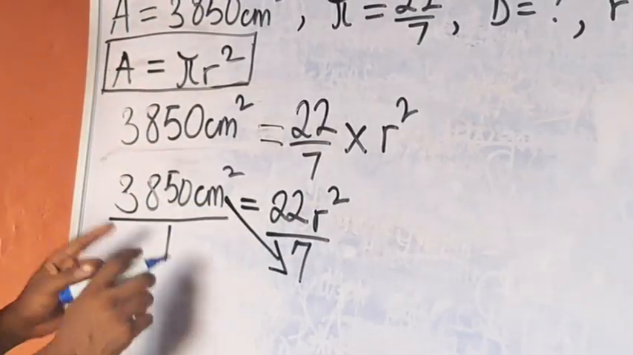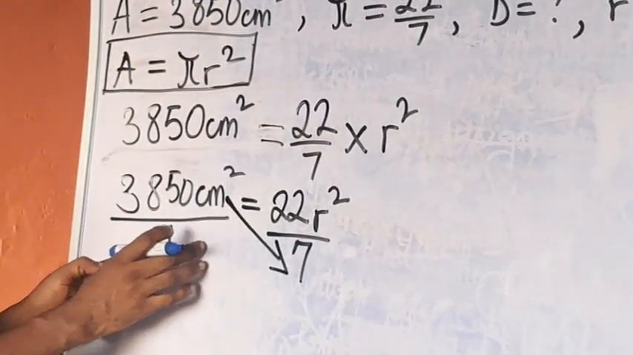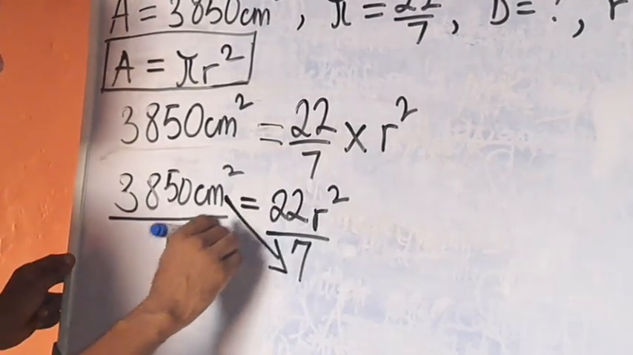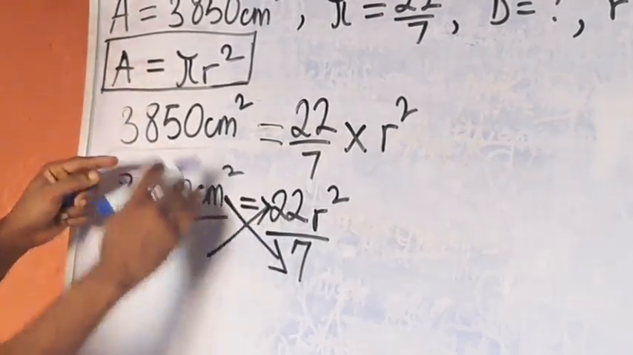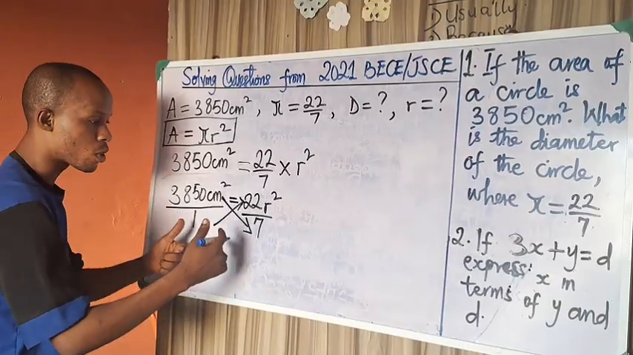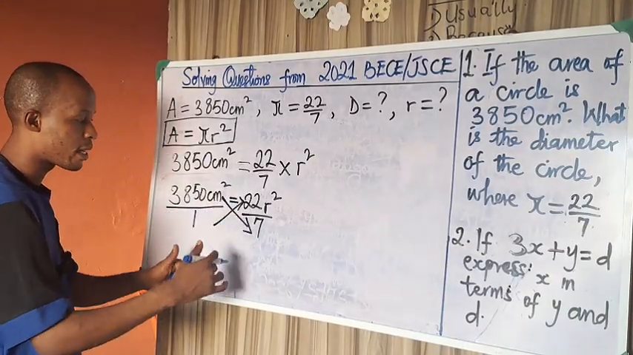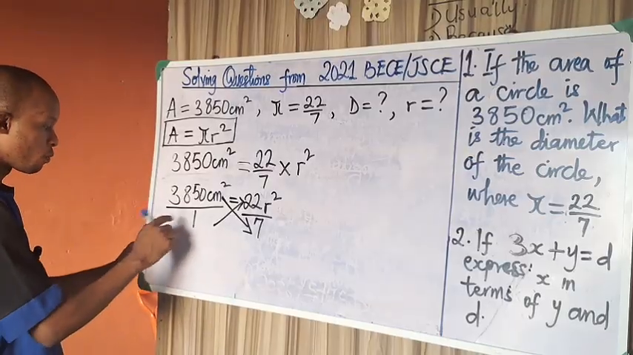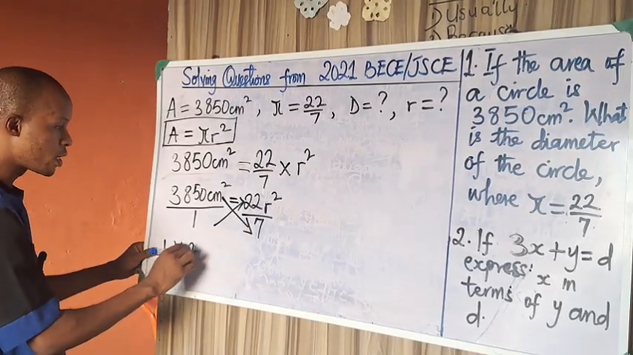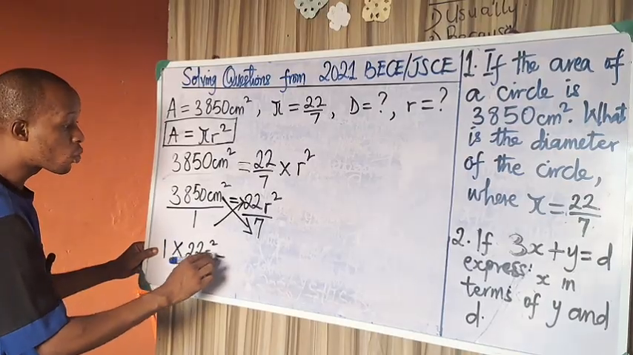And then we are going to multiply the denominator of this side of the equation by the numerator of this side of the equation, this way. Okay, this is what we call cross multiplication. So if we do the cross multiplication, what will be our next step? We are going to do this one multiplied by 22r squared equals